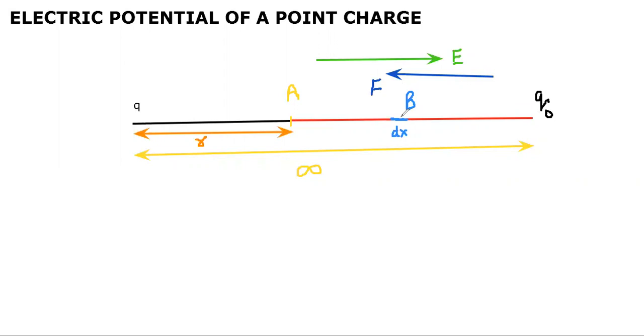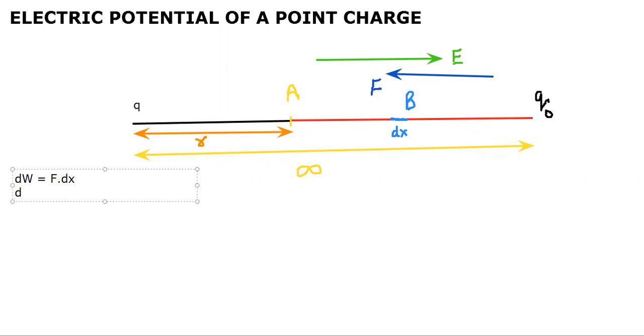Now let's come to this point B. I've given distance dx. While moving Q naught till A, let dx be a very small distance that it travels from infinity to B. Dx can be any distance at any instant. So in moving dx distance, a small work has to be done. That small work can be written as dW is equal to, formula of work is force into displacement, that would be F dot dx. When the displacement is small, work done is also small. So dW is equal to F dot dx.